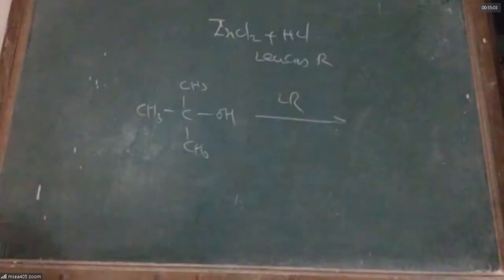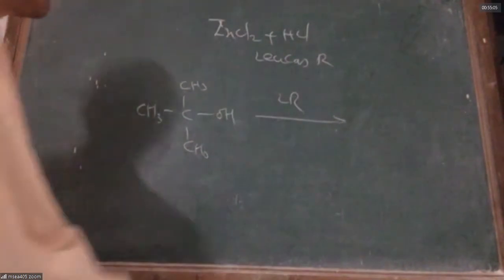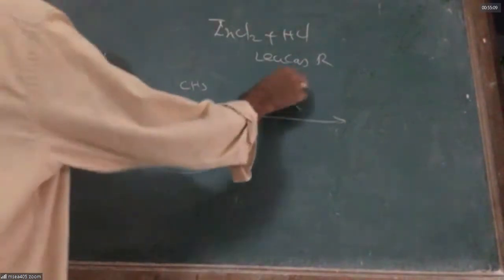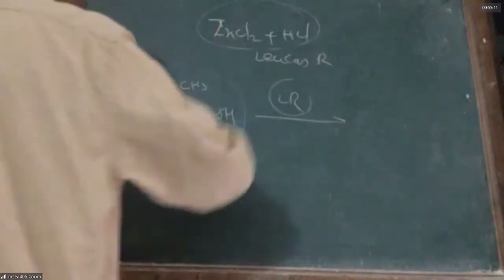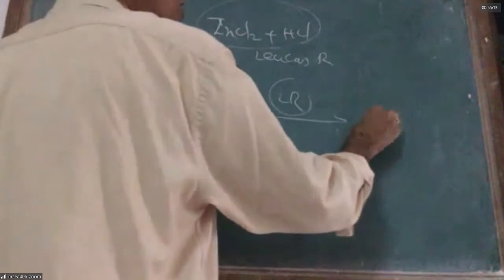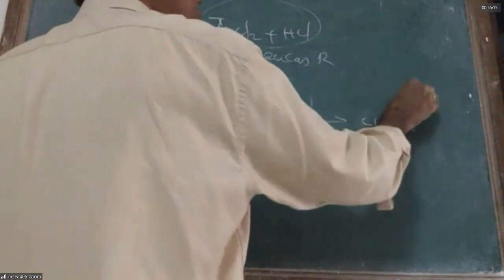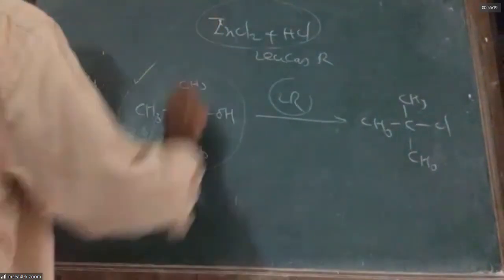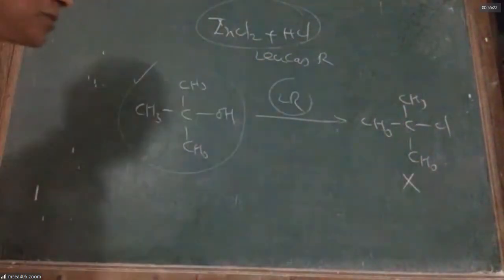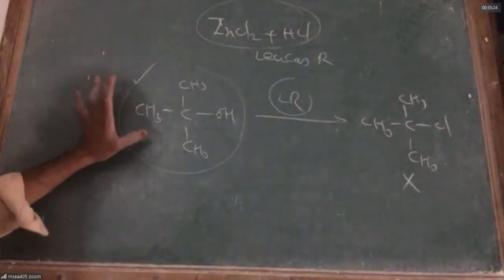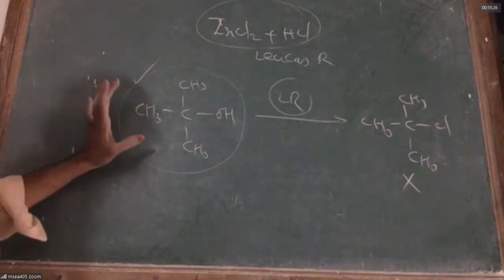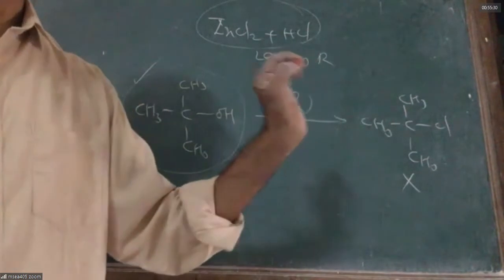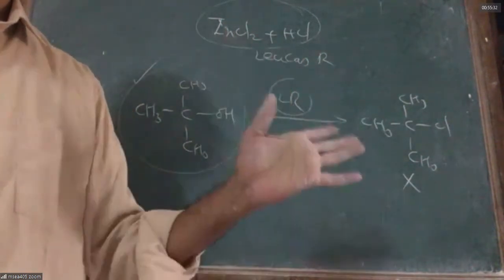When Lucas reagent reacts with a tertiary alcohol, normally alcohol is soluble in water. The Lucas reagent is a paste of zinc chloride and concentrated HCl. Immediately alcohol will become alkyl halide. We know very clearly alcohols are soluble in water, alkyl halides are not. Therefore, the solution which was clear and transparent, suddenly, as alcohol becomes alkyl halide, will get cloudy droplets which are not soluble in water.